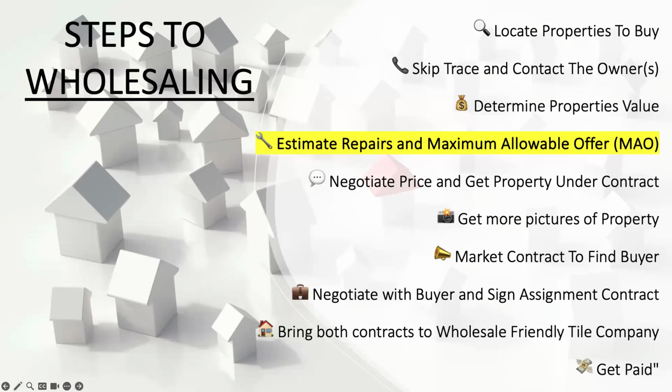Then, of course, some of them you might have to skip trace. And again, the steps line up from there. But what this series is mainly about is going through the repairs, the estimates, and the analysis, the highlighted part of understanding where our offers should be aligning. I always like to give a little extra perspective and a few extra tips along the way, which we'll touch on moving forward.